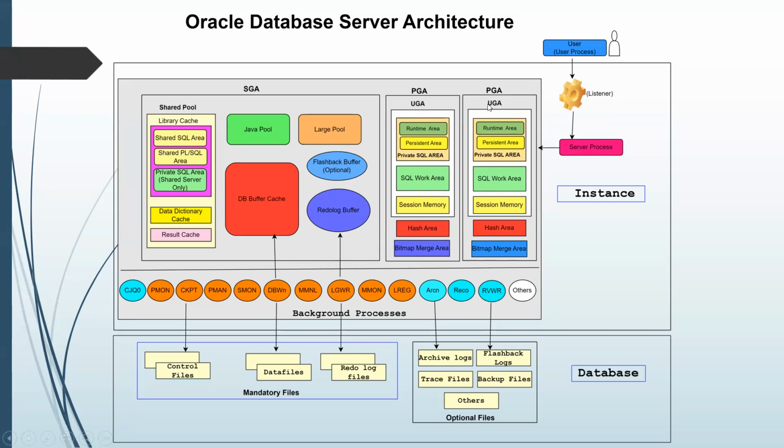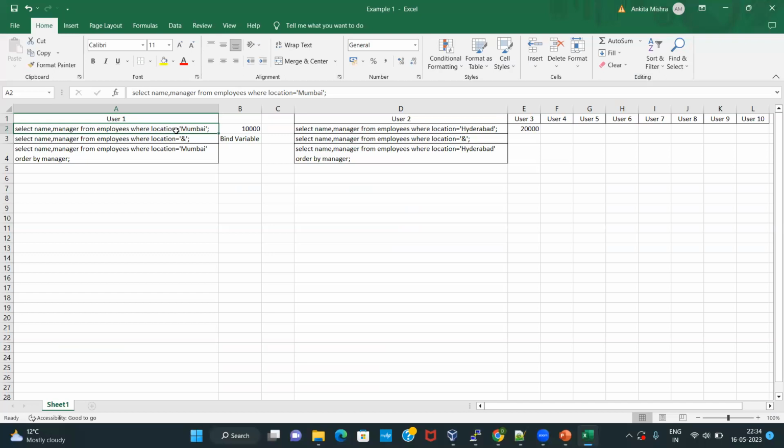Now the user has fired that specific query. So inside the library cache, for this specific statement, something called an SQL ID